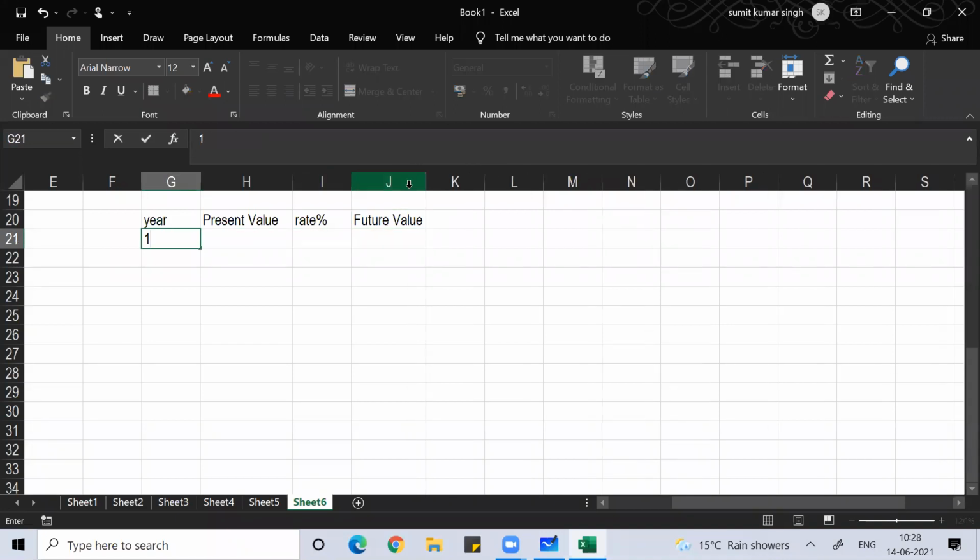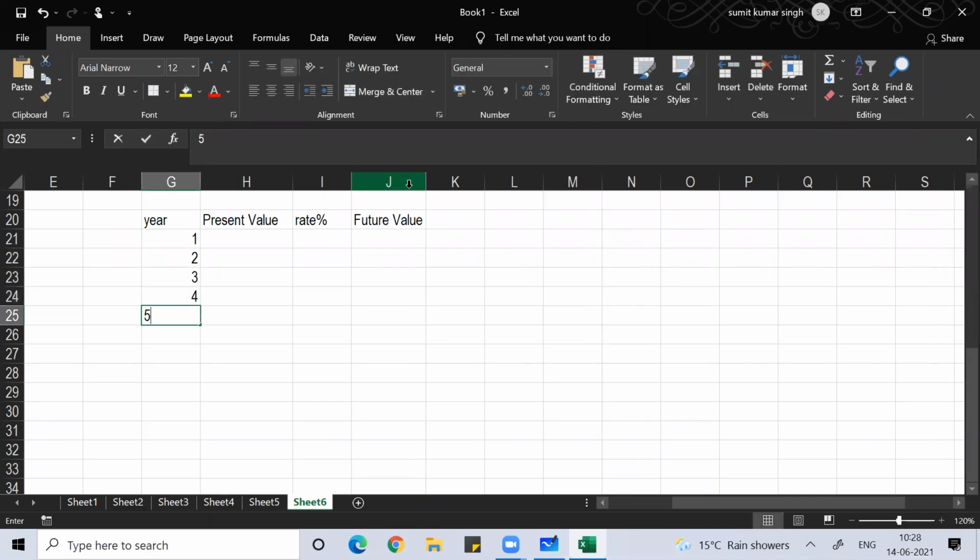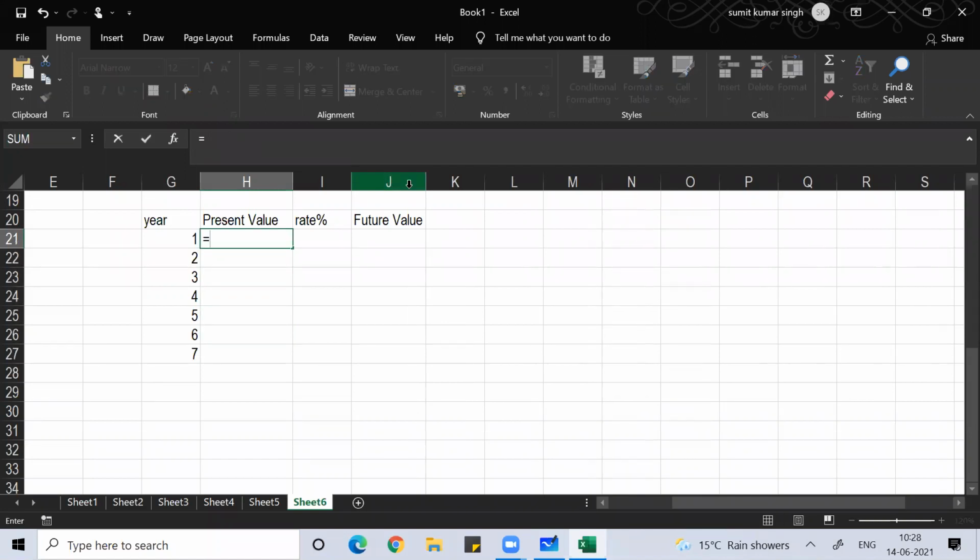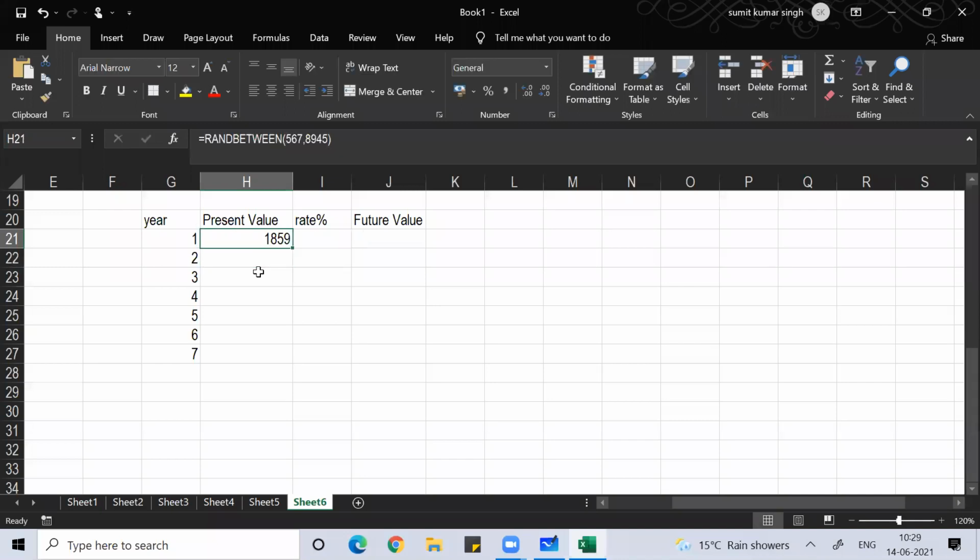Suppose year 1, 2, 3, 4, 5, 6, 7. Present value. I'm just writing some random numbers, so I can write random numbers by using the rand function. I'm writing some random numbers, those are my present value.